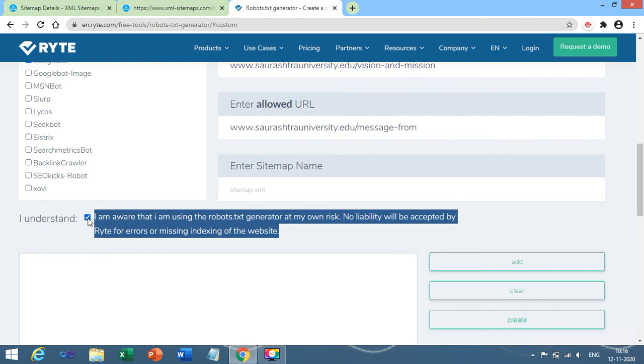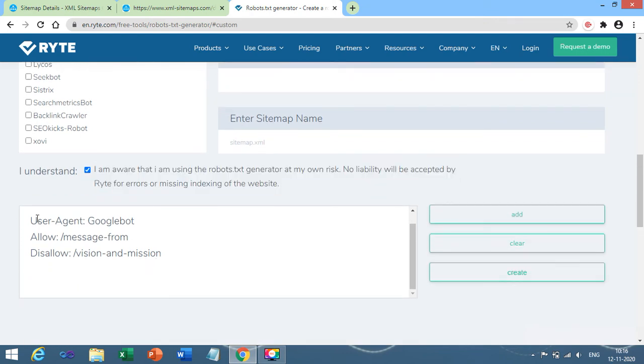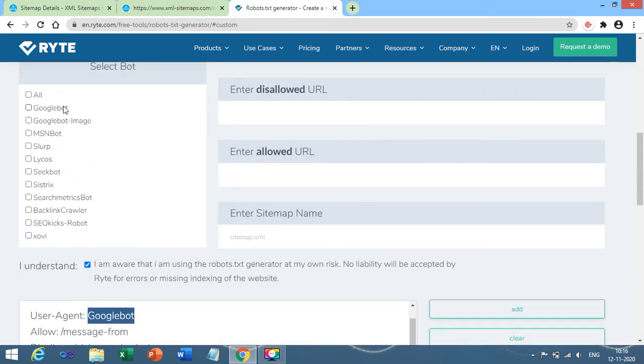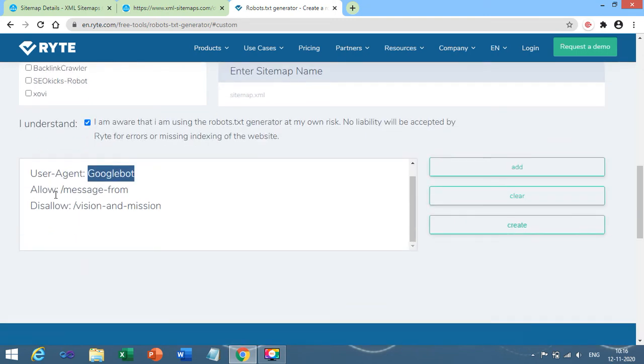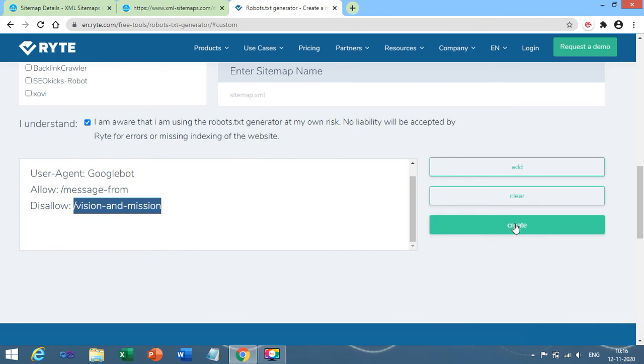So we need to click on this, and when I click on the add button, see over here, our user agent is Googlebot, which we have already selected. Then the allowed page is message-from, and the disallowed page is vision-and-mission. You can clear it over here, or you can create the XML